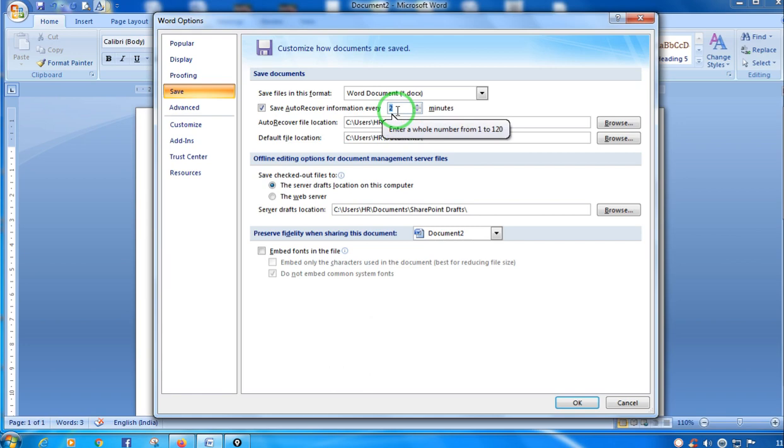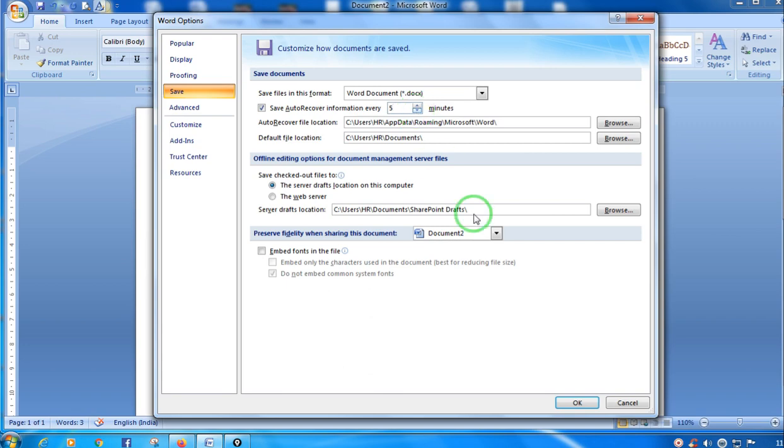So it will automatically save the work that you have done after every interval that you have specified over here in minutes. After every 3 minutes or 4 minutes or 5 minutes, it's up to you after how much interval you want the application to save your work. So I have written over here 5, after every 5 minutes. So after every 5 minutes it will save my work. So this is an interesting feature of Microsoft Word.